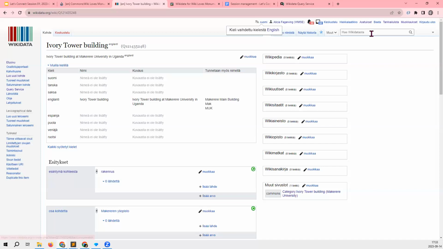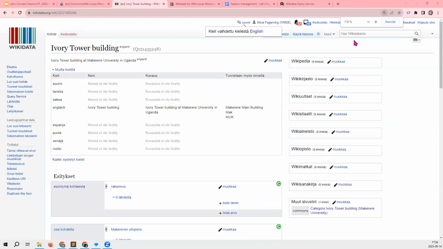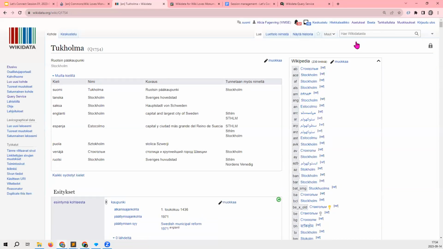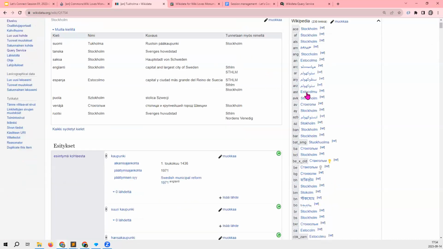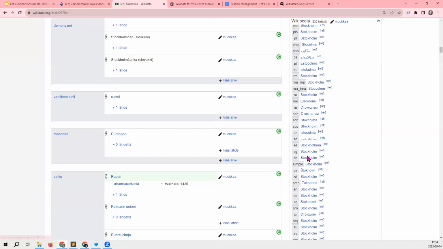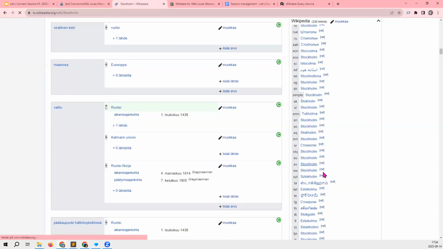If we look, for example, at the Wikidata item of Stockholm, we can see that we just have one Wikidata item for Stockholm, and we have all these links to the Wikipedia articles in a lot of languages.